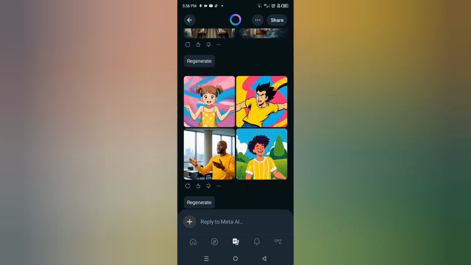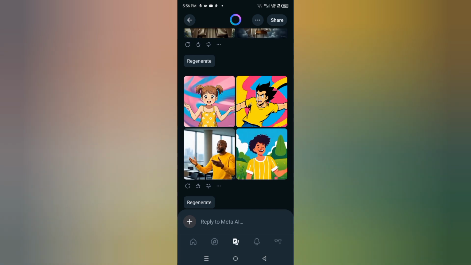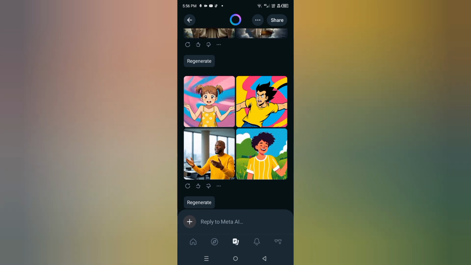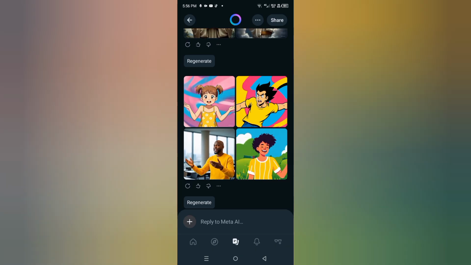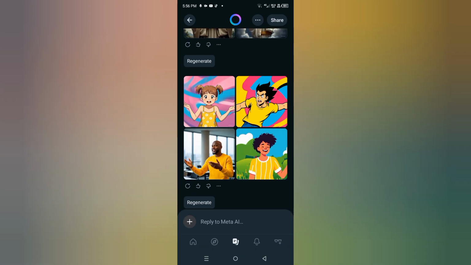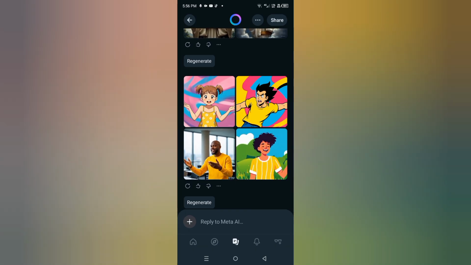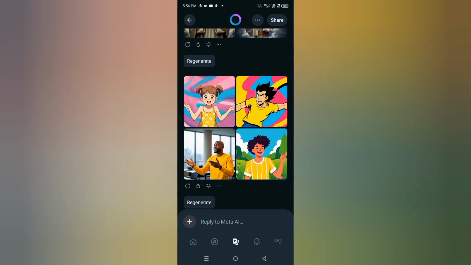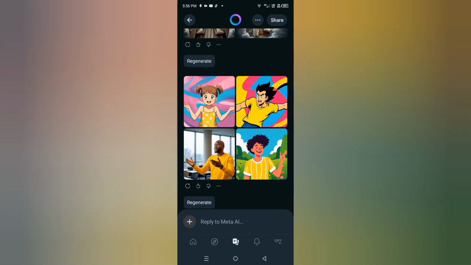And when I was done, I was done with more than 50, like I said. Then I went back to Meta AI to save, to make my choice from each of the four animated images. And guess what? As you can see on my screen,